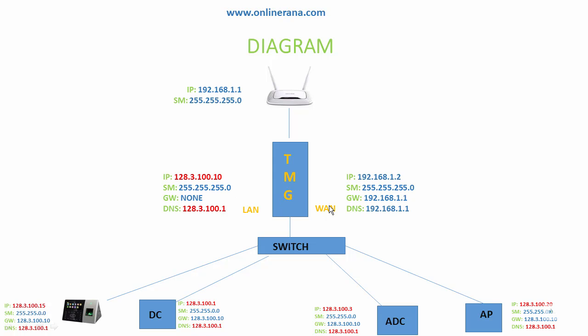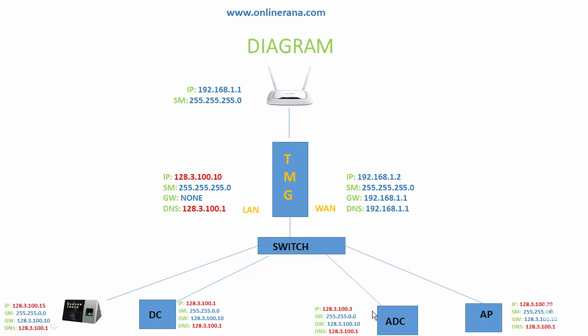So one LAN card will be used to take internet from the router or internet cloud. The other LAN card will be used as the internal network. This LAN card is in our internal network. Here a switch is installed, and I have plugged the cable of the TMG LAN card into the switch,